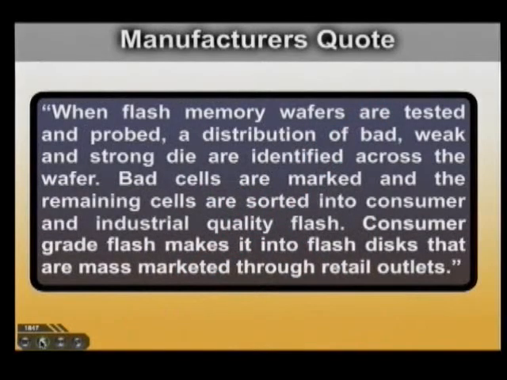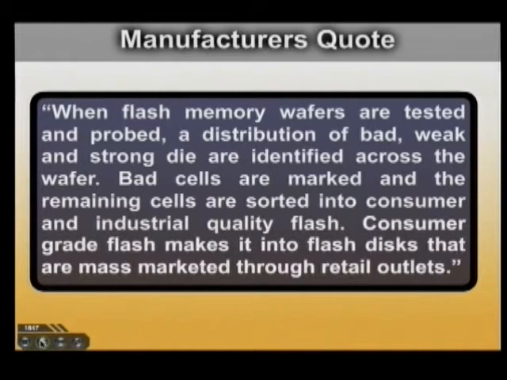But this is actually a quote that came off a manufacturer's page who sold the NANDs. Basically, NAND itself is a chip that all the manufacturers will buy from the same handful of sources. There's only a handful of sources that actually make NAND and sell NAND, and everybody uses it. And then what's different is their software.